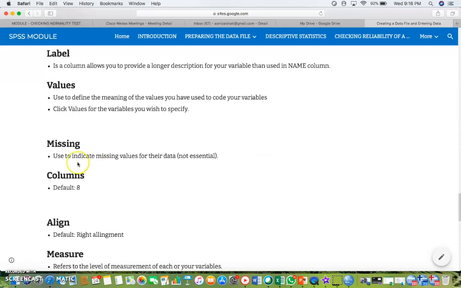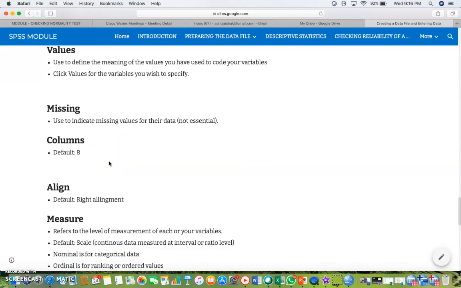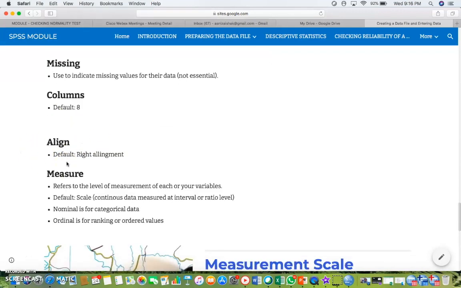Missing is a column for you to indicate missing values. Usually it's not essential, just leave it at the default. Column is also by default at 8. Align by default is right alignment, and you can choose either center or left alignment.